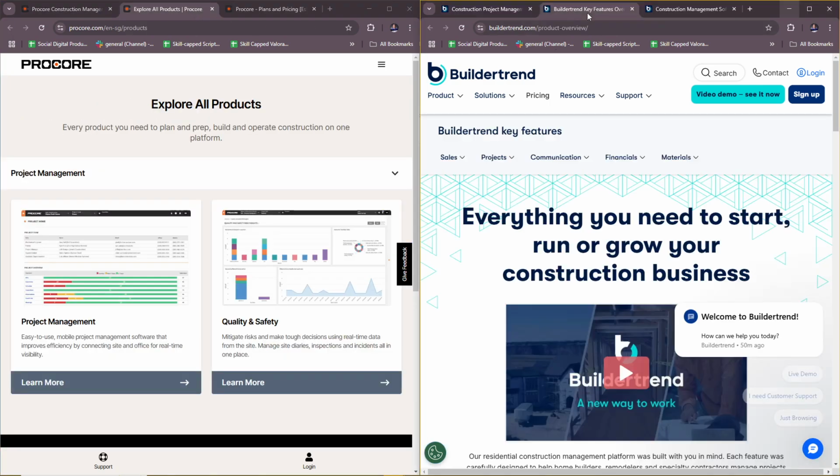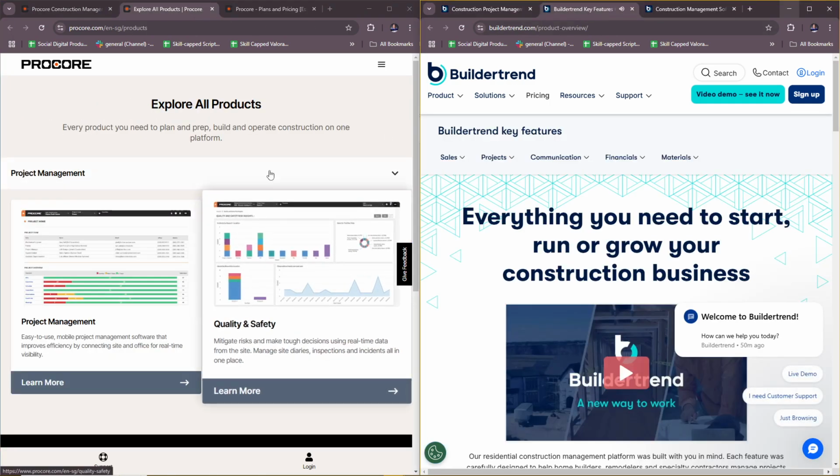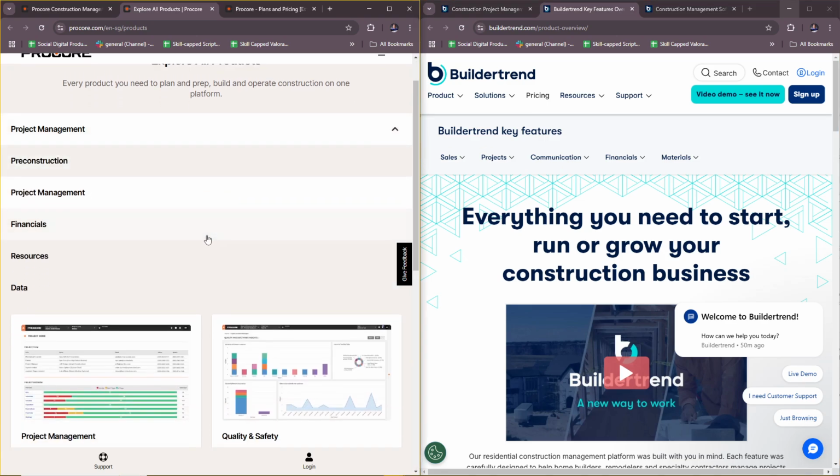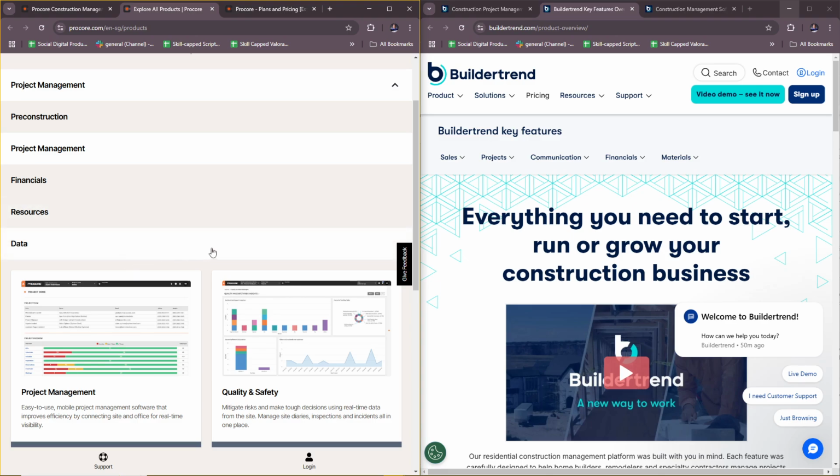Now, when it comes to key features, Procore focuses on project management, such as RFIs, submittals, scheduling. You also have these features right here. So you have pre-construction, financials, resources, data. There's also financial tools for budget tracking, invoicing, job costing, document control and reporting, field productivity tracking, and strong third-party